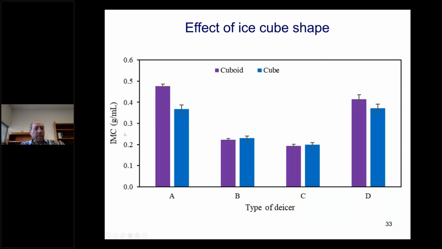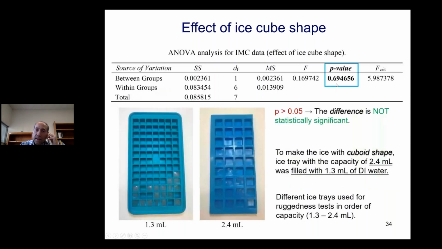And here are the ice melting capacity results for deicer A to D. And again, you can see the ANOVA analysis results show that the p-value is not significant. Here are the shapes of the ice trays that we have used. On the left, we have an ice tray with a capacity of 1.3 milliliter for each mold, and